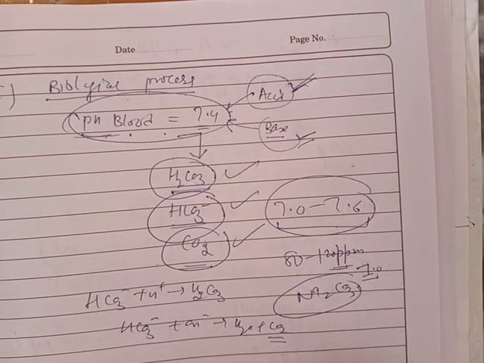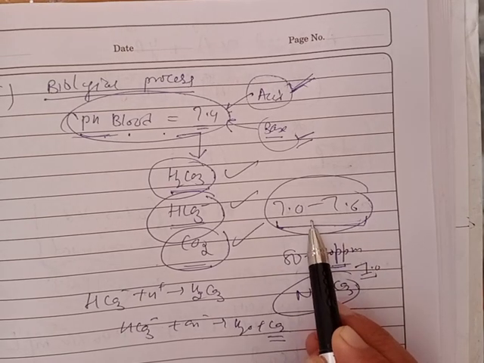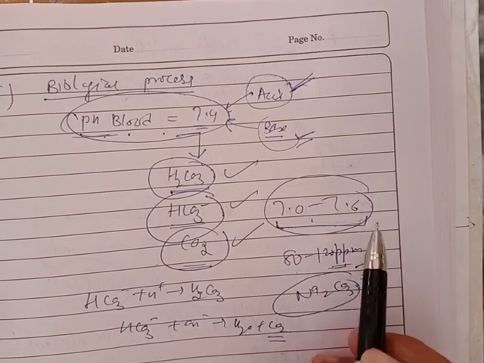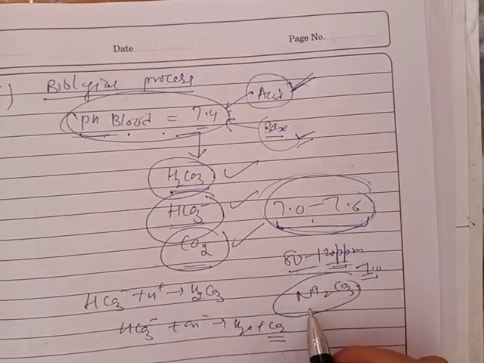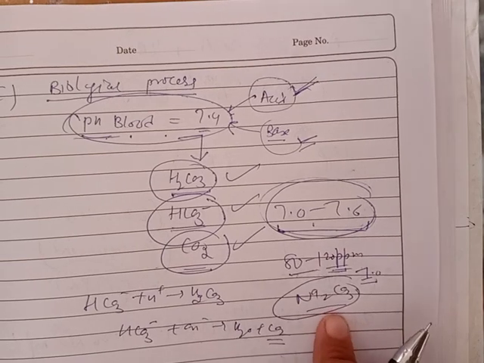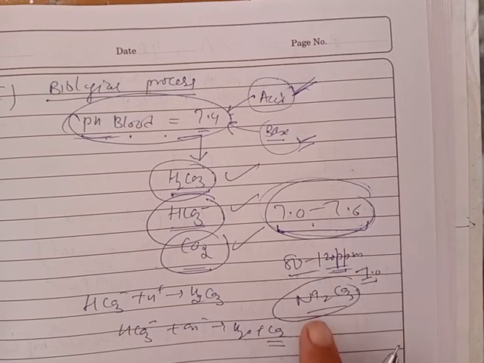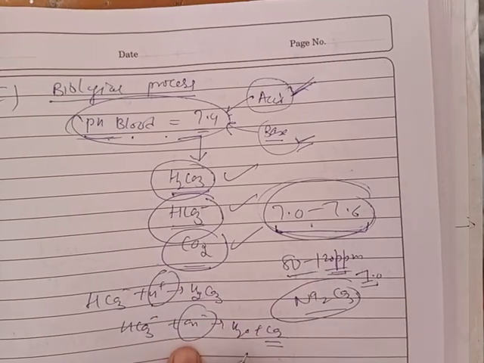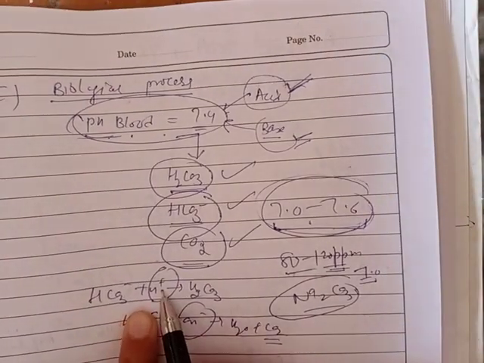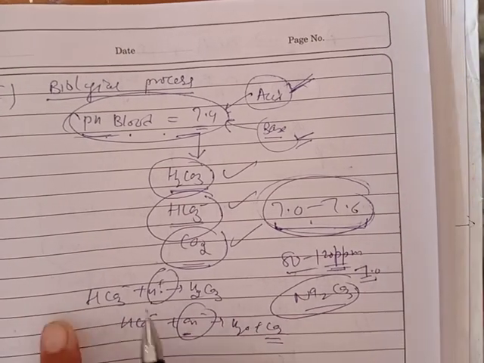The water pH of the swimming pool should be maintained between 7.0 to 7.6, otherwise it is harmful for our skin. Therefore, it is maintained in this range by adding 80 to 120 parts per million of sodium carbonate, because this compound is non-toxic and its own pH is nearly 7.0, and the bicarbonate ions, as a single species, can combine with excess H positive or excess OH negative ions. This excess of H positive ions is produced by acid, and OH negative is produced by base. Therefore, it will act as a buffer solution.